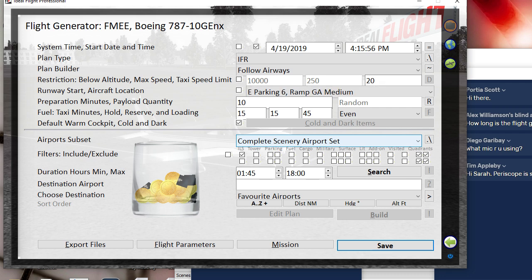Header flight generator. Oops. System time. Start flight start set. Plan route restriction. Altitude of low altitude taxi speed runway parking. Combo box parking. Runway start. Runway start checkbox not checked. Checked. Parking. Combo box active runway collapse. There we go. Now,